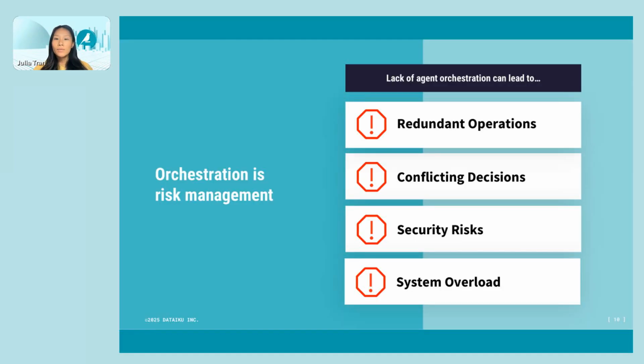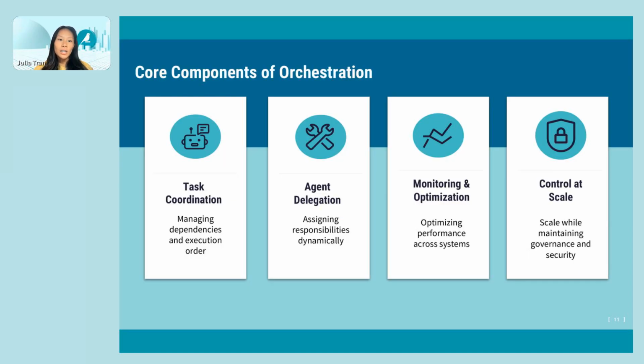Without orchestration, businesses run into risks like multiple agents performing the same task without awareness, wasting compute and API calls, acting on inconsistent or outdated data, leading to contradicting outcomes, inconsistent access controls exposing sensitive data, inefficient queuing from lack of task prioritization, simultaneous uncoordinated queries, overwhelming APIs, and the inability to trace, understand, and debug agent actions. Effective orchestration is what allows agents to operate together efficiently, safely, and at scale.